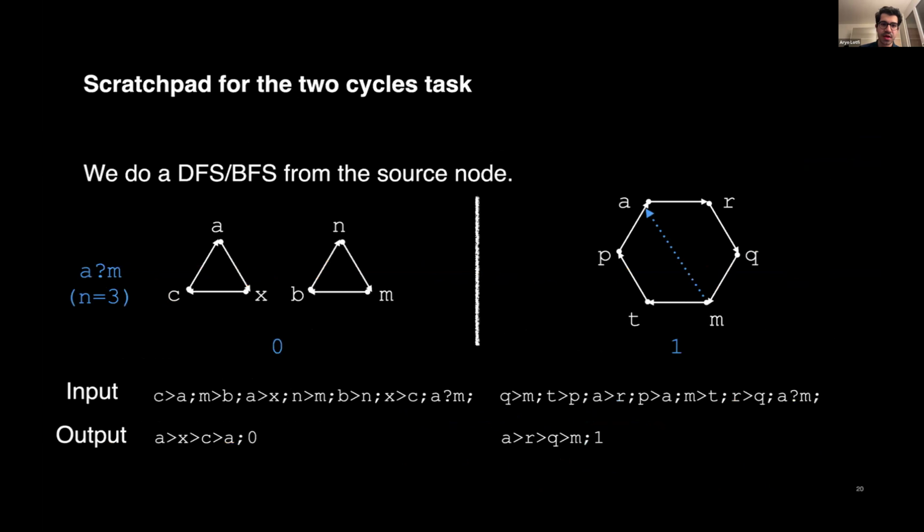And we can do basically the same for our cycles task. So for example, for the cycles task, the most natural idea to try is to just do some search. For example, we start from the source node and we do a DFS or BFS, which is the same in this example. Search from that node and we start to list the nodes that we can reach. And if we reach the target node, we know that the label is 1. And if we get back to the start node, we know that we have 2 cycles and we haven't seen the target, so the label is 0. So you can see the examples in this slide.